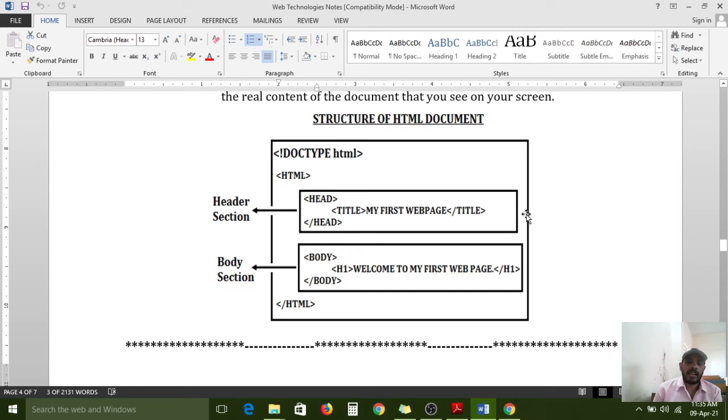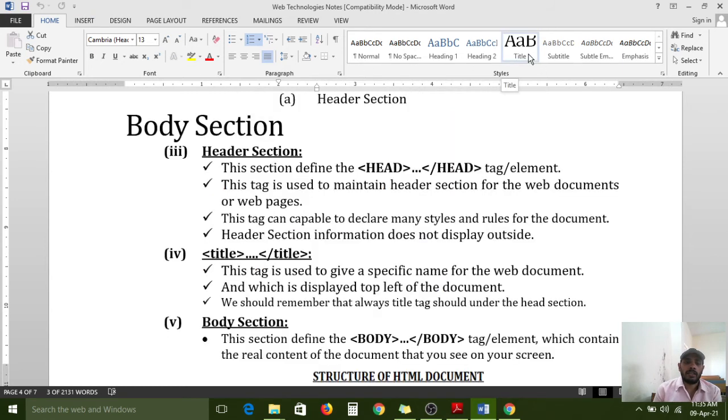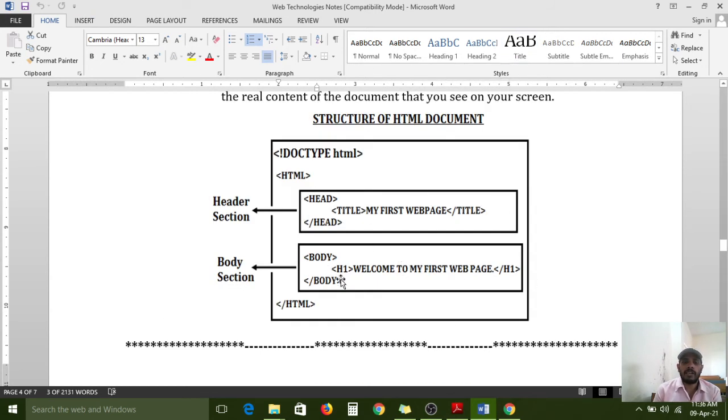So now understand this diagram. This is the root tag, HTML opening tag and HTML closing tag. In that, two sections: header section and body section. The header section contains what? The title tag, nothing but the head part information. And next, the body part content: whatever text content we need to represent on the screen is available in the body section. Because of that, the body part exhibits our information to users.